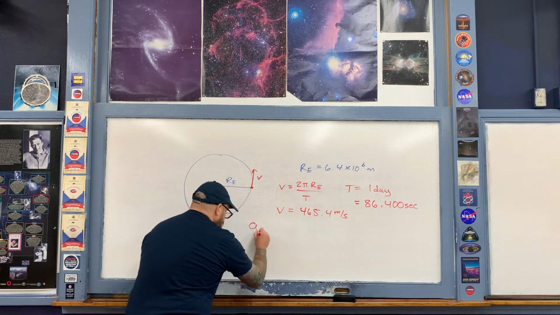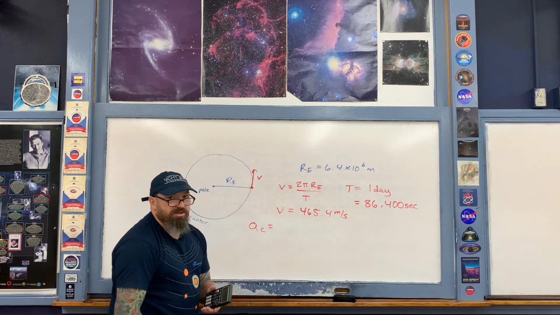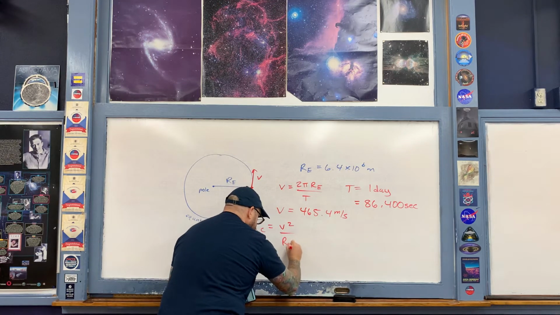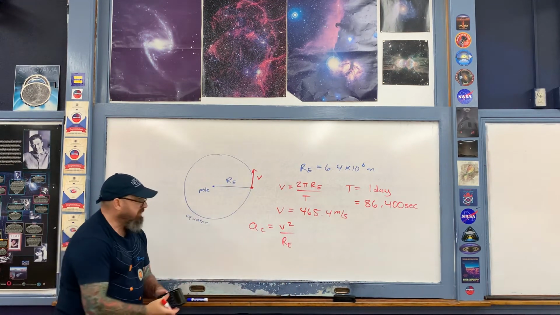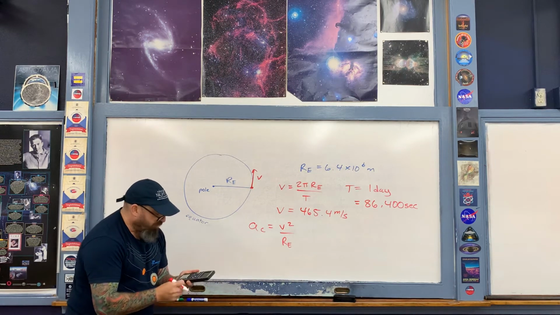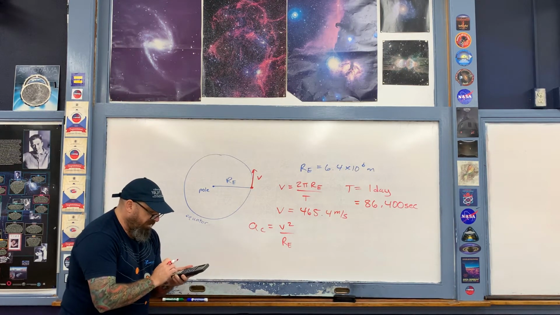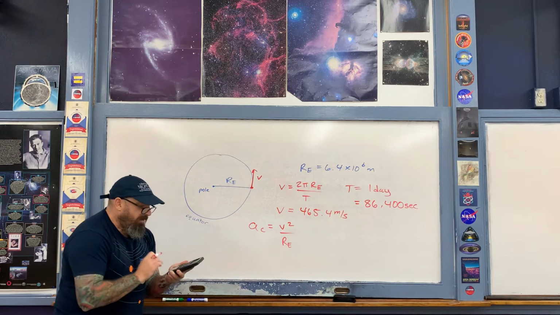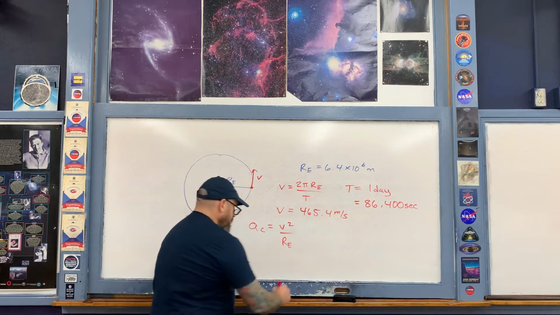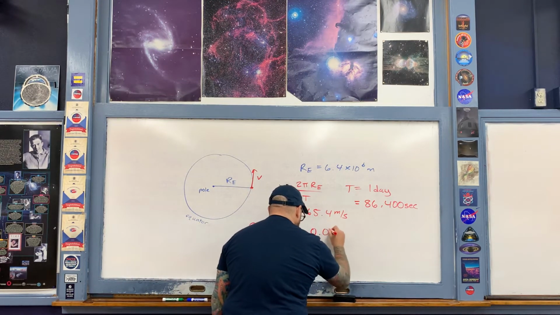Let's then go ahead and find the centripetal acceleration. So the centripetal acceleration is going to be the speed squared divided by the radius of the circle, which is the radius of the Earth, as long as we're talking about the equator. So 465.4, we'll square that, and then we'll divide out by the radius of the Earth. And now compare the number that I'm about to write down to g, 9.8 meters per second squared. This is 0.034